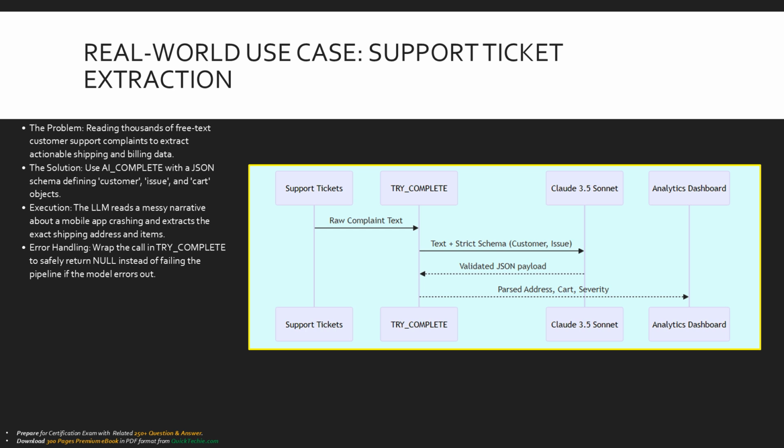It begins with the raw, unstructured complaint text originating from the support tickets database. This text is fed into the try-complete SQL function. The function bundles the messy text with our strict JSON schema and sends it to a highly capable model like Claude 3.5 Sonnet. The model does the heavy semantic lifting, extracting the requested entities, and returns a fully validated JSON